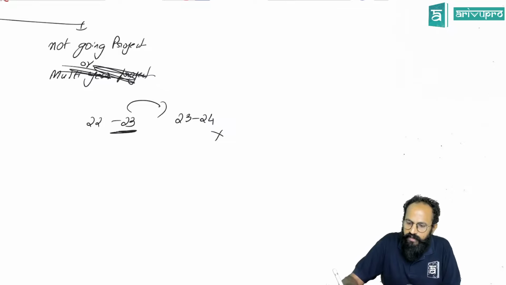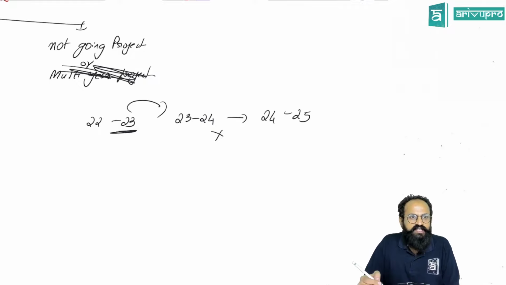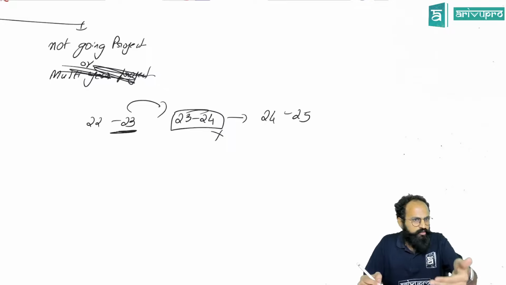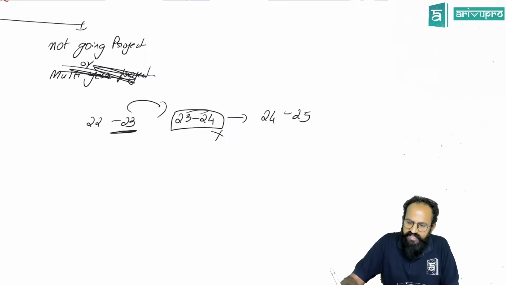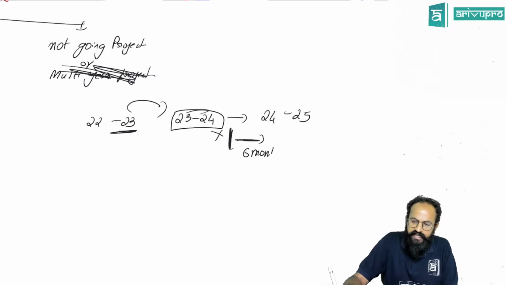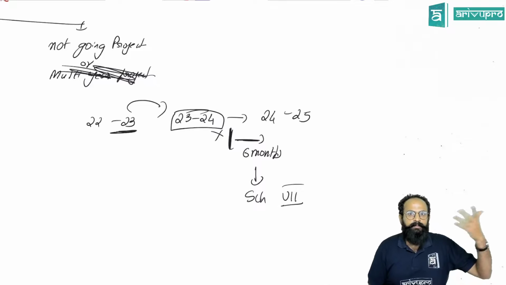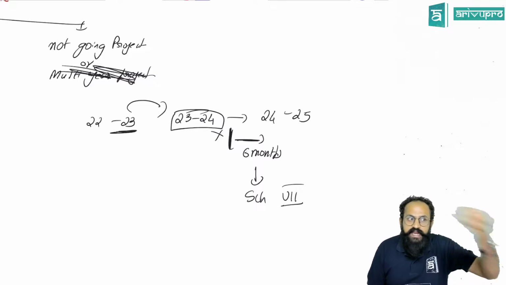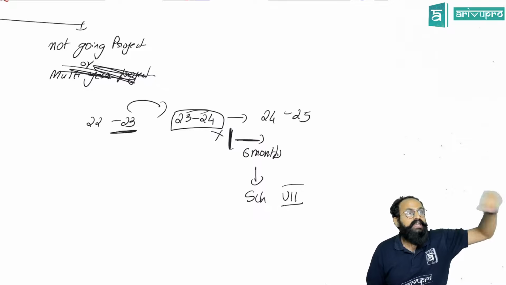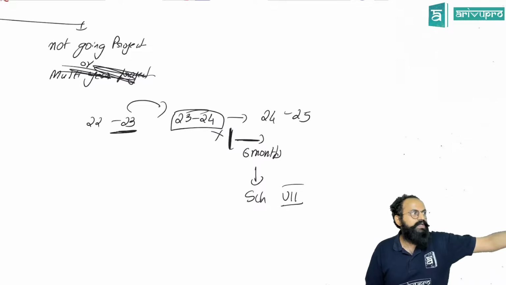The law says, 24-25, that is the next financial year starts, no? They will give you 6 months time. In the financial year in which you had to spend and you did not spend, within 6 months from the closure of the financial year, you have to transfer the entire money to any of the accounts mentioned in Schedule 7 of the Companies Act. It can be PM Cares, it can be Pradhan Mantri Relief Fund, it can be any fund mentioned in Schedule 7. Any money unspent has to be transferred to that account.